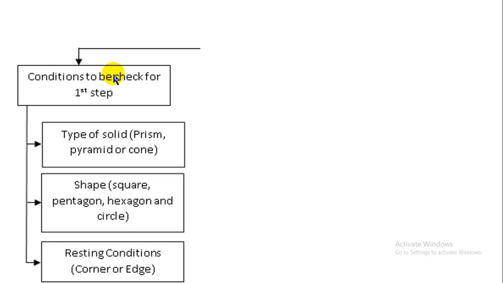And the next one is the resting condition. What is resting? That is corner condition or edge condition. Majorly only these two conditions come, corner or edge condition. If you get all this data down very well, you can do the first step easily. In solids it is quite easy, but it takes time because so many points and edges come. While drawing it will take time, but concept-wise it is very easy compared to any other module in engineering graphics. These are the data we have to check in the first step.